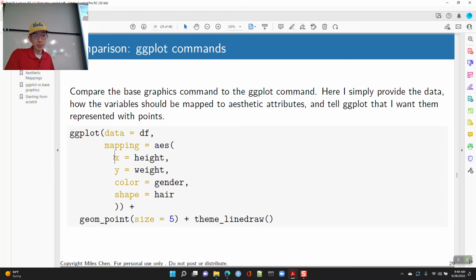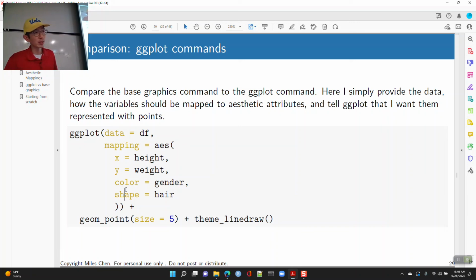And then the mapping: each of these things is basically the name of a different column in your data frame. Here we say we want to take that column, height, and tie it to this aesthetic attribute. And here my aesthetic attributes are x, y, color, and shape,